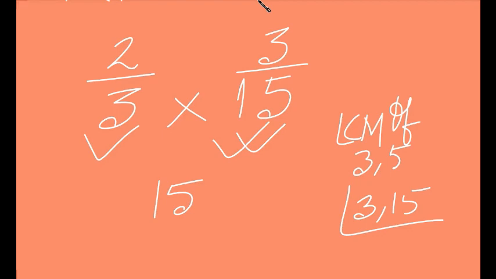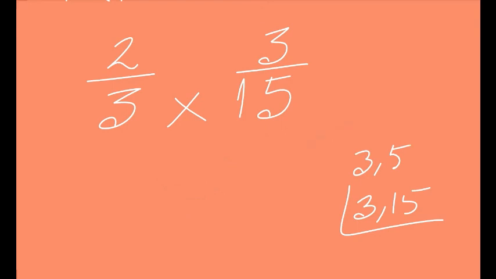LCM is quite easy, right? How do we get LCM? We don't need to factorize every time like that. Only for quite big numbers we factorize, otherwise we just go for the multiplication table and we can calculate which one will be the LCM in most cases. We'll show some examples later on. If you have confusions, just inform me, and I'll tell you. So don't do this multiplication also.